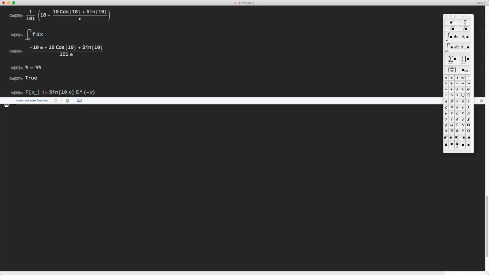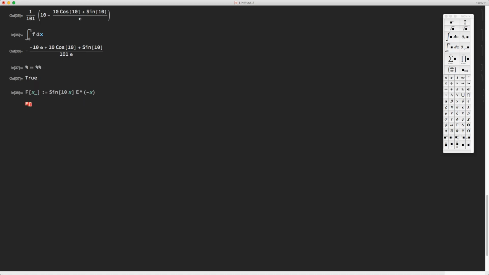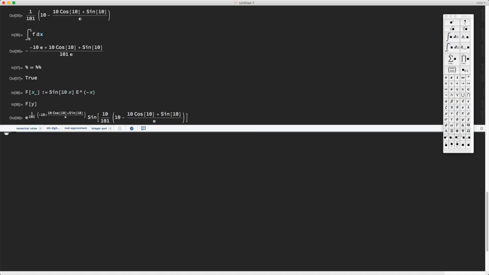Okay, so now I have defined this function f. This construction makes the user-defined function f of x act exactly as a Mathematica built-in function, such as sine of x, in that if you call f of x repeatedly with different numerical or symbolic values of x, then f of x will be evaluated afresh each time. So let's suppose I want to evaluate f of y. Mathematica will simply,